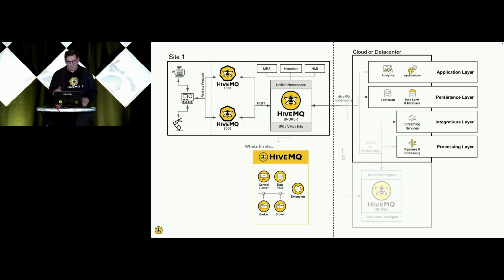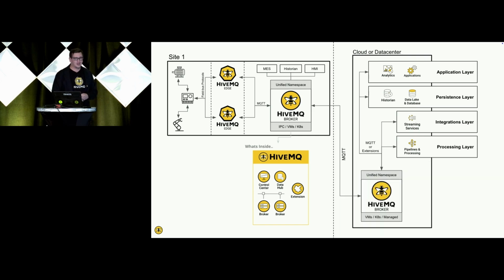And so a pattern that we've seen our largest manufacturers take on is this idea of let's bridge that data, and this is actually how the conference operates, let's bridge that data to a centralized broker, use that reliable protocol, that MQTT protocol that is resilient to poor quality networks, and let's bring that data into a centralized broker and then use that great network that we have in the cloud, that we have in our data center, that really reliable network that is there to then integrate with processing layer, integrations layer, or even build event-driven